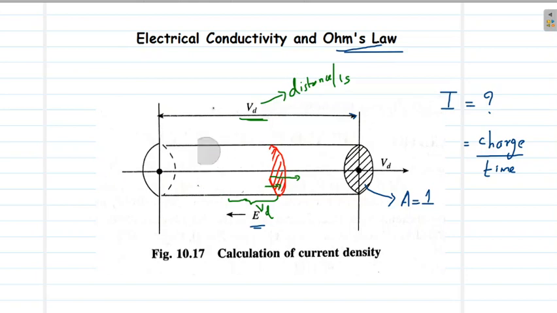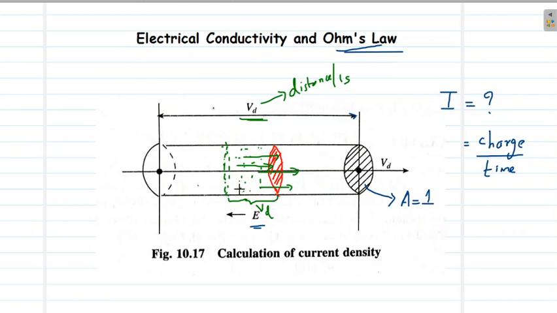Effectively, what I am trying to imply is that if we are counting the charge that is passing through this cross section per unit time, then all the electrons falling within this volume, up to a length of Vd from this cross section, will be able to cross it in the permitted time of 1 second, since Vd is the drift velocity.